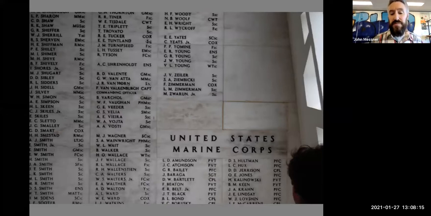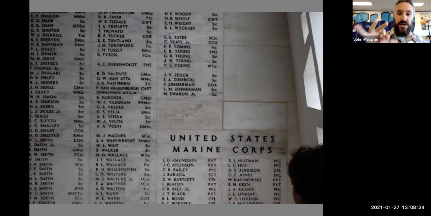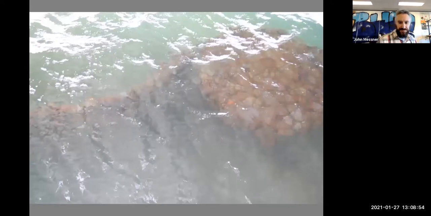Now there's only 3 that are remaining, and about every year since World War II has been over, as these gentlemen were getting older and dying, this was happening pretty frequently. But in the last 10 years, we had the last one happen about 5 years ago. There's still 3 Pearl Harbor survivors, USS Arizona survivors that remain, but all 3 said that they are not going to be entombed or interred on the USS Arizona. And so they add their names. They have a special spot. I don't think I took a picture of that one. And then there's also people of the Marines that died on the USS Arizona too.